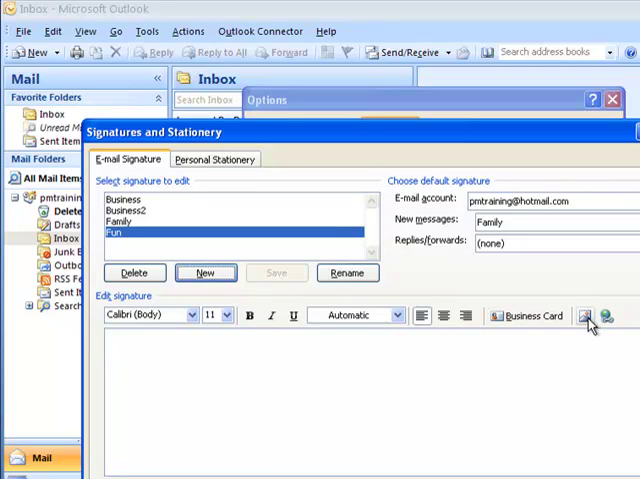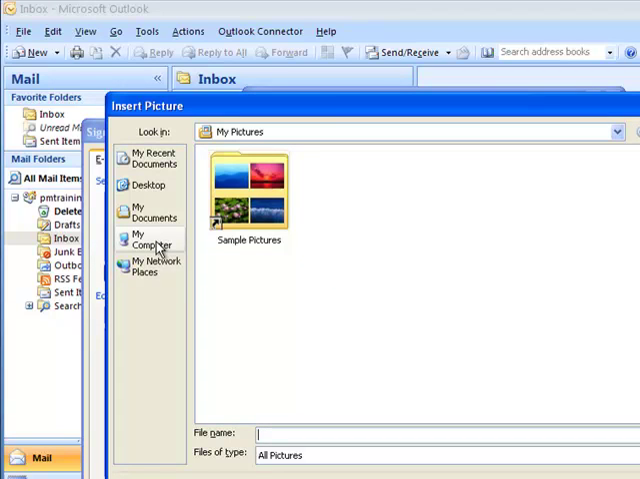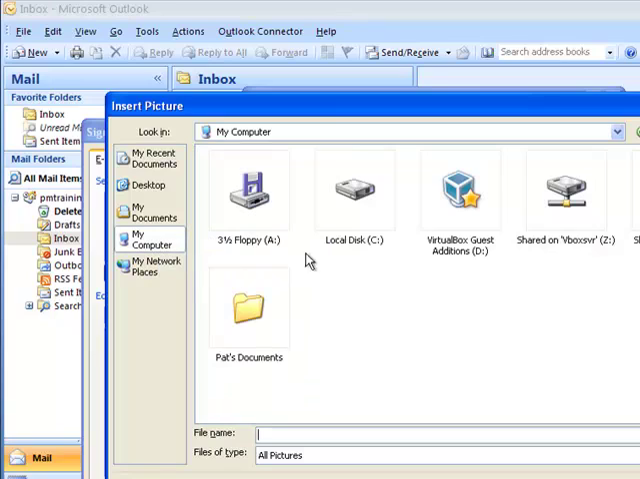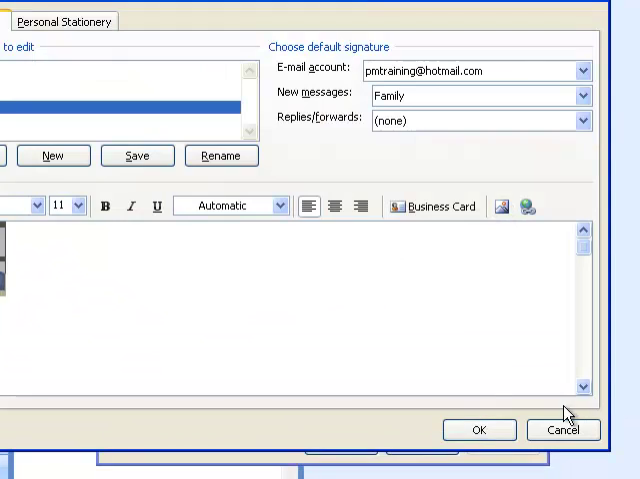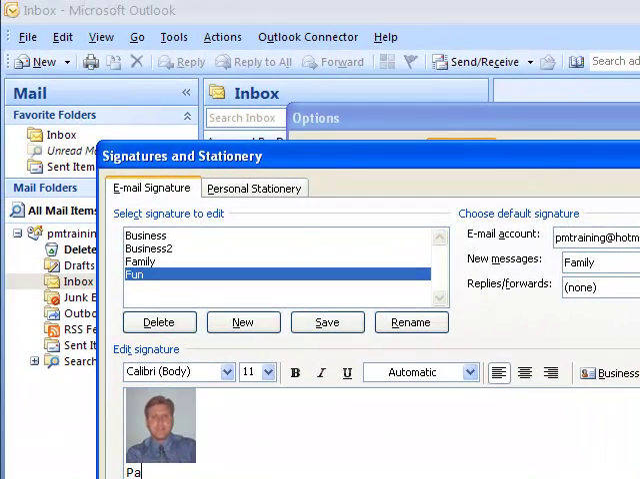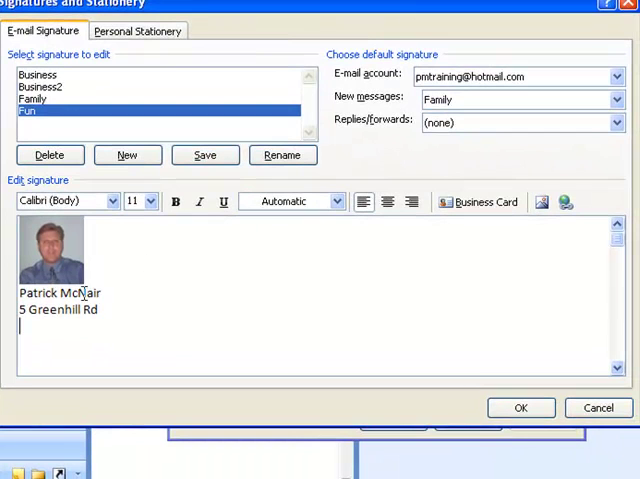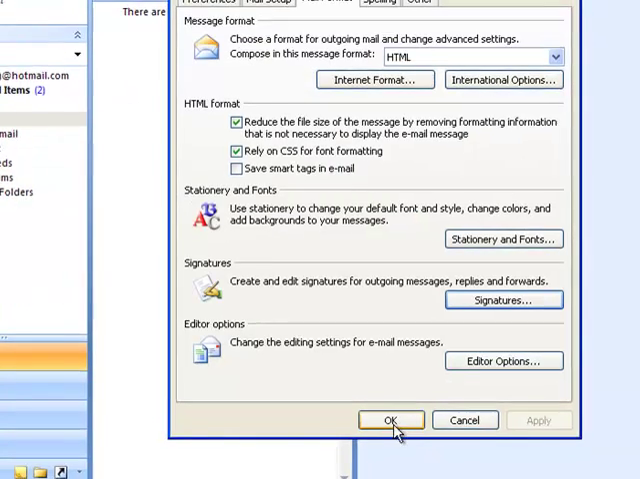And what you can do is there's an option here to add a picture, and I'm going to add a picture of me. It's on my computer here. I've got a shared drive, and that's me there. So if I insert that, and you can put text in there as well. I can put it underneath maybe. Something like that. Again, you can edit the text there as well, and if I click OK there and OK again,